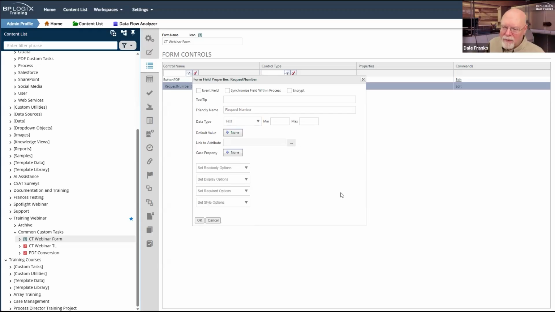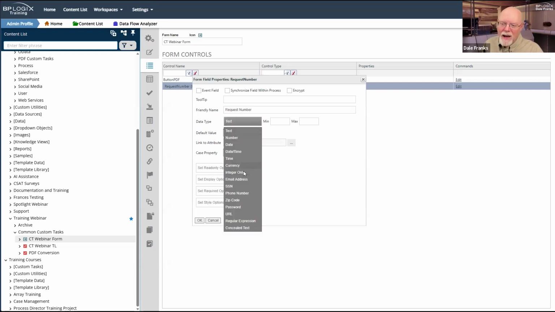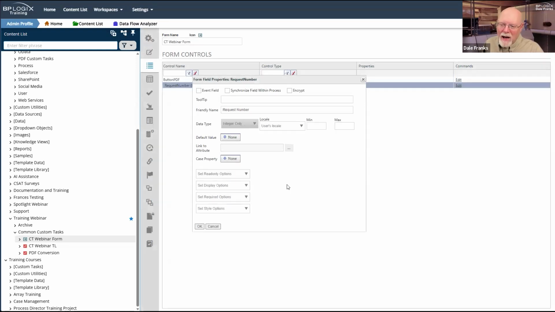So if you have 50 things that you've done wrong on the form as a user, then you're going to end up with 50 different messages by default at the very top of your form and the very bottom of your form telling the user all the things they did wrong. So if this is an integer only field and I type in the value ABC, it's going to kick off a validation failure. It's going to say, hey, this is an integer field.